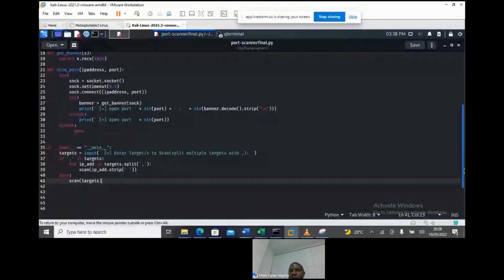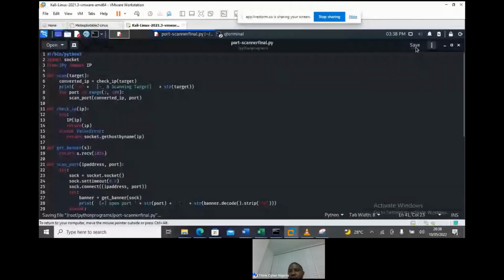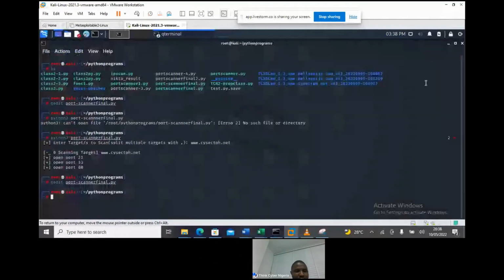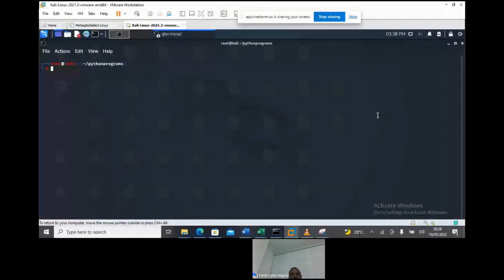So as you are scanning, as you are getting any banner, clear, you write down the vulnerability. Clear. So that is actually how you collate vulnerabilities. So let's come back to